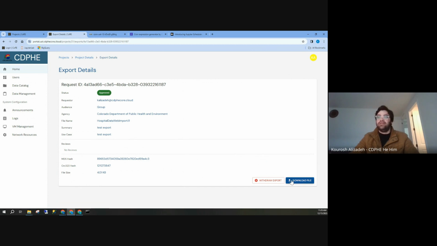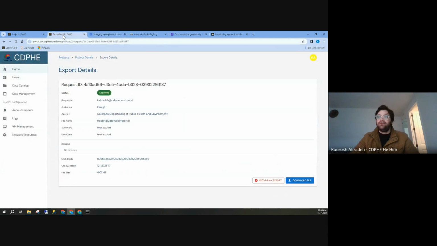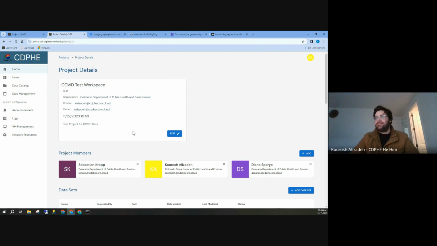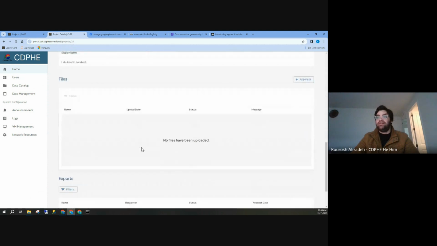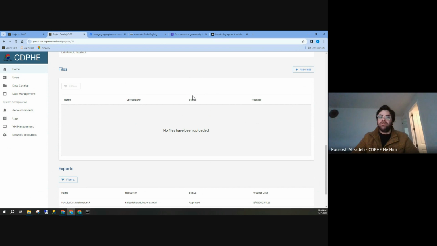And then you can download it and it'll come to your local machine where, well, here, just open another tab because it's an R script, but it'll be available for you in a way that you can access it from a local machine. Yeah. Any questions on that bit? So this would be another way for you as well if you want to get files to your local machine. If you want to get files into the virtual machine, you can upload them here if Google Drive or your K drive and your Isilon drives are not enough. Yeah, cool.